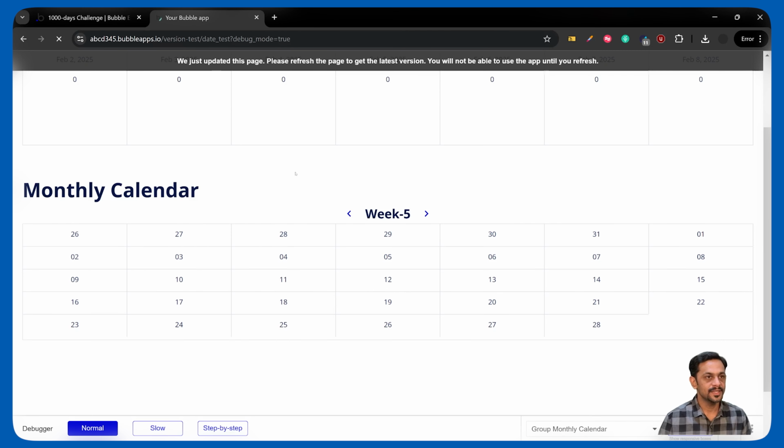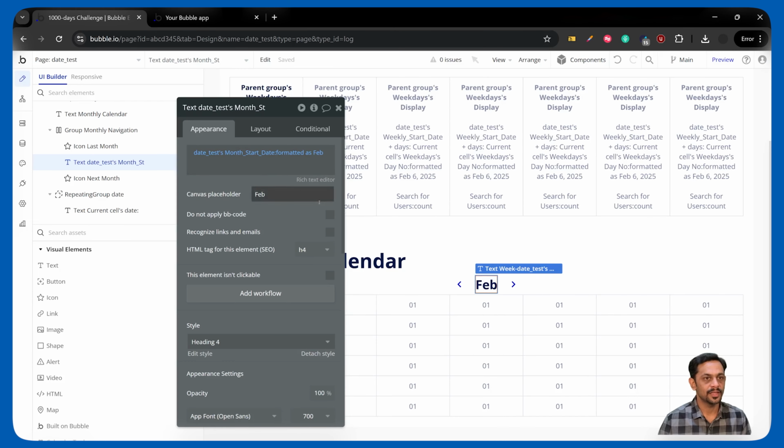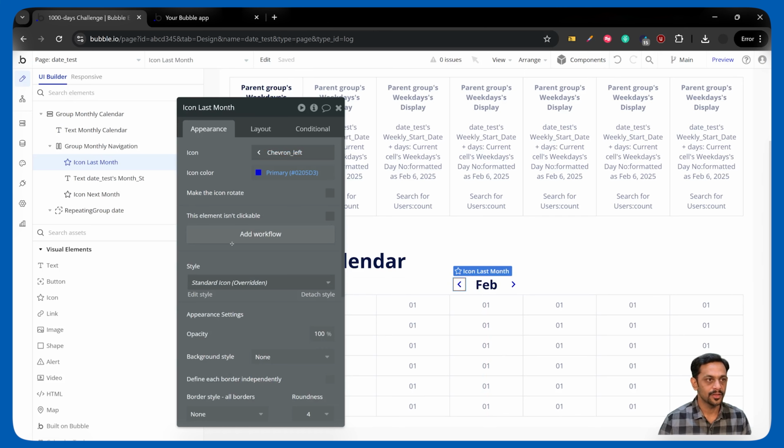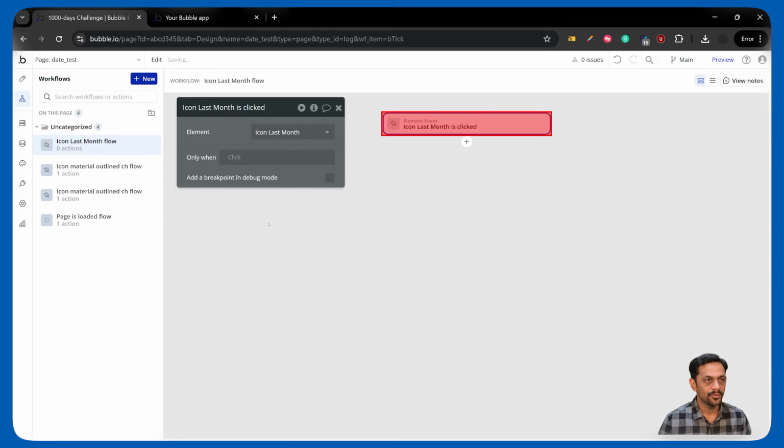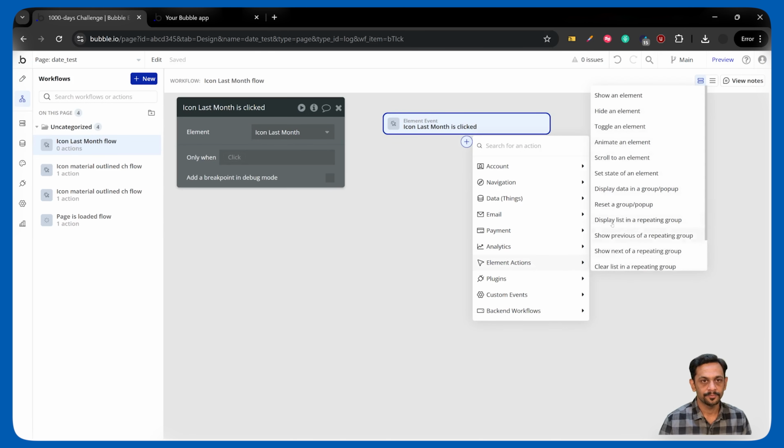Let's quickly check this. And you can see that Feb has come here. Okay, it's also showing us the date of the last month. I will quickly show how we handle that, and we will also see how to navigate to the previous month and the next month. So when we click on this one, we will add a workflow and we will set the custom state